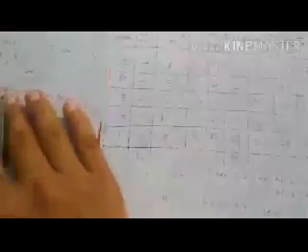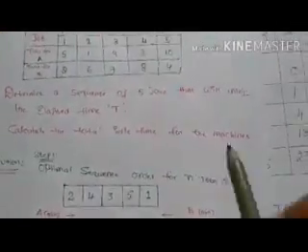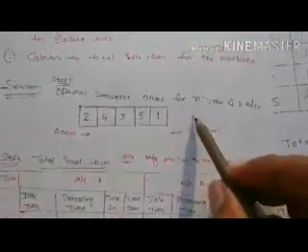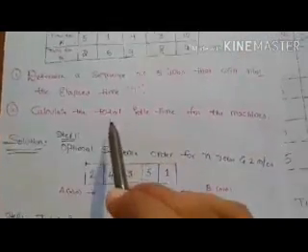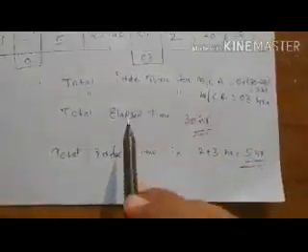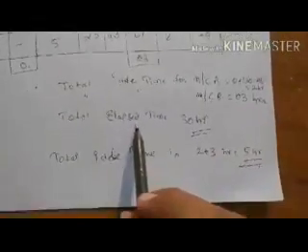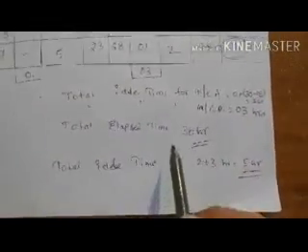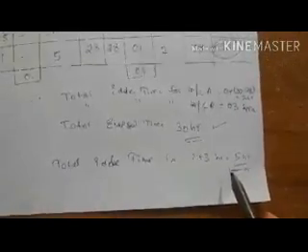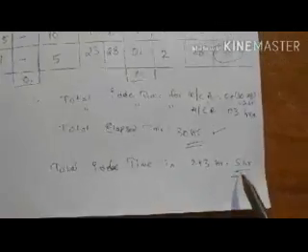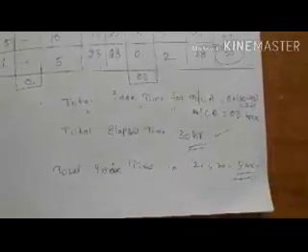Here in the problem itself we have to determine the sequence. We have followed the procedure and found the sequence of order. And the second one is total idle time. Whether they ask or not, we have to find the elapsed time and idle time. Here the elapsed time is 30 hours and the idle time for both machines is 5 hours.